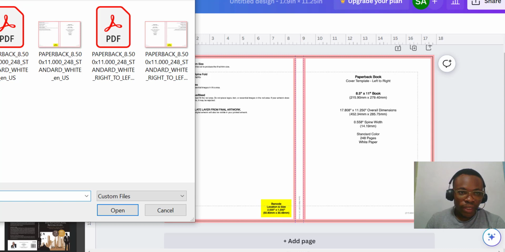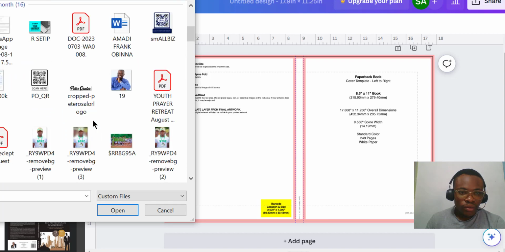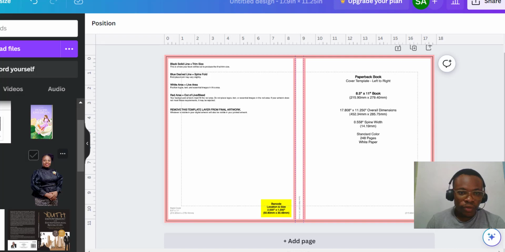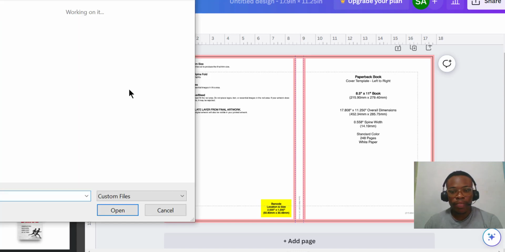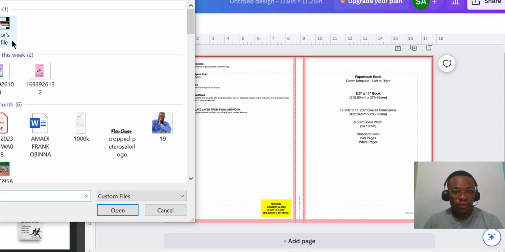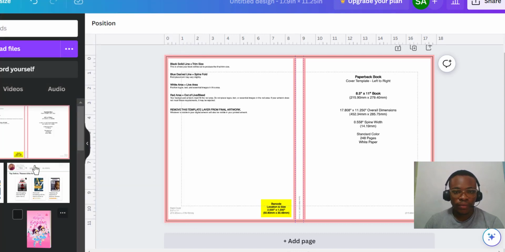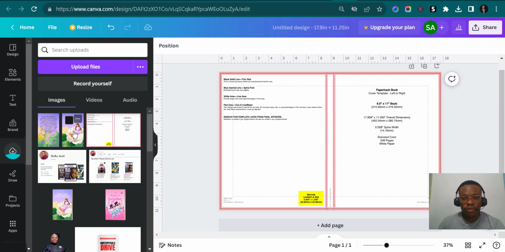Let me see where I've kept it. So I'll look for the front cover. Here you go. Put the front cover here, and then let me also upload the back cover. So I'll do everything together. So the back cover as well. Okay, so to upload the front and back cover now, just click like this on the front cover, and drag